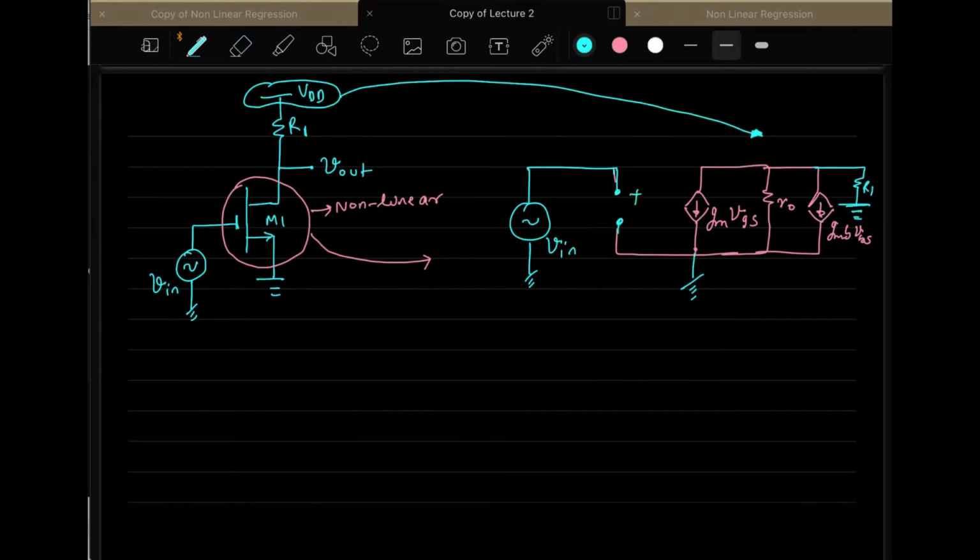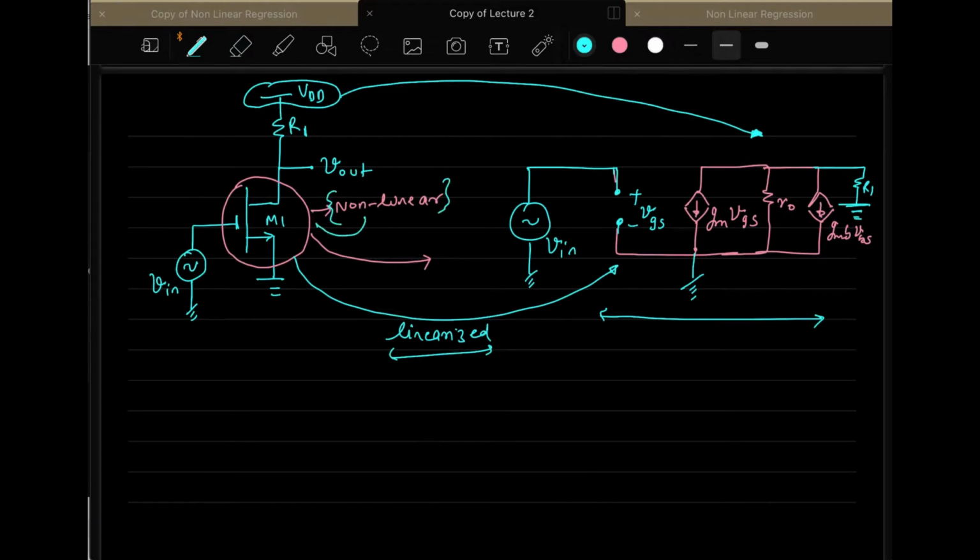And you have a voltage source which is connected like this, VGS, and this is the small signal representation of this MOSFET M1, which is now linearized. Earlier it was highly non-linear, and you cannot do any analysis on this. So you have to linearize on a small segment of the ID versus VDS curve. You are operating somewhere here, as I discussed last time. If you are moving around this little point, it's a linear model which is represented by this. I think you are comfortable with this analysis.